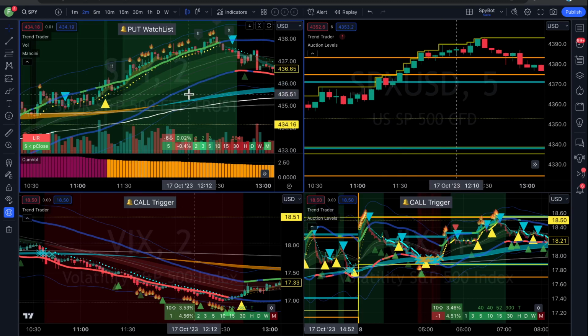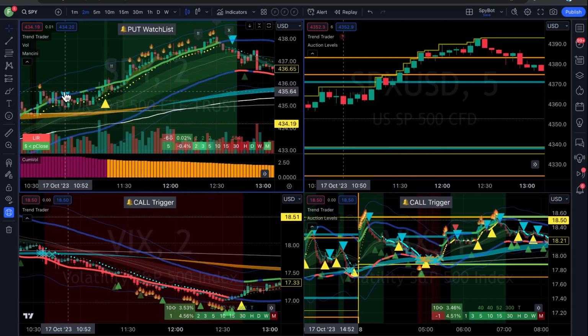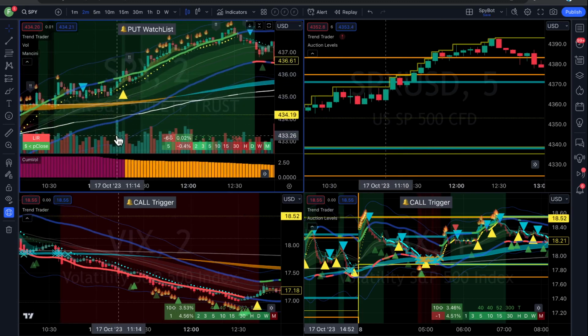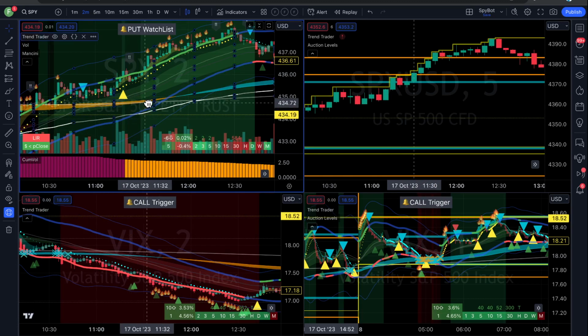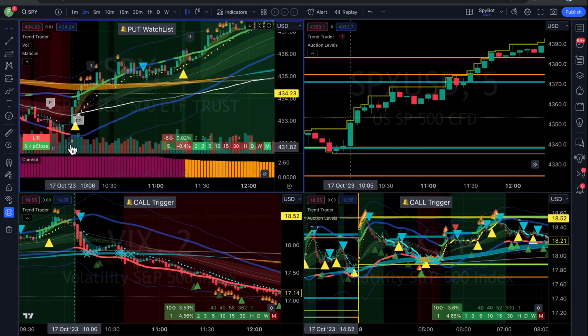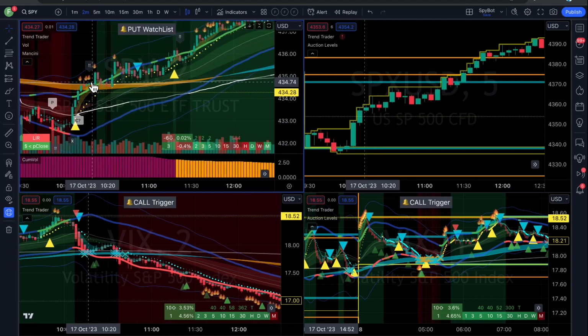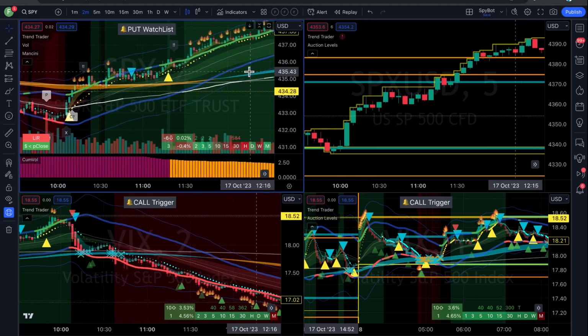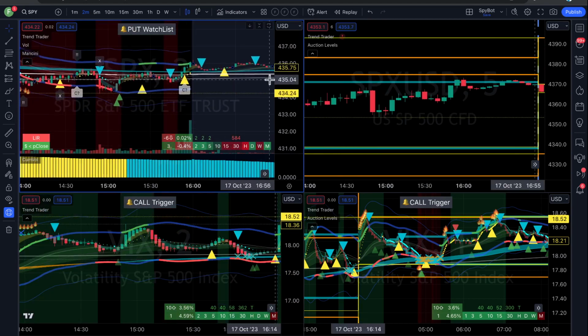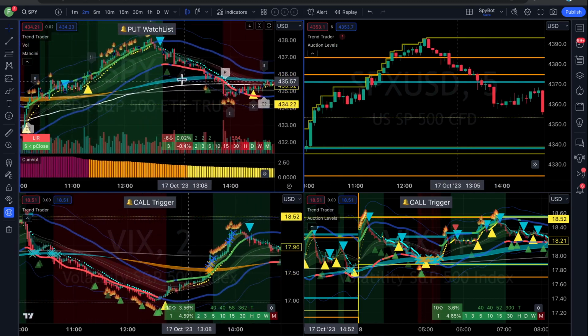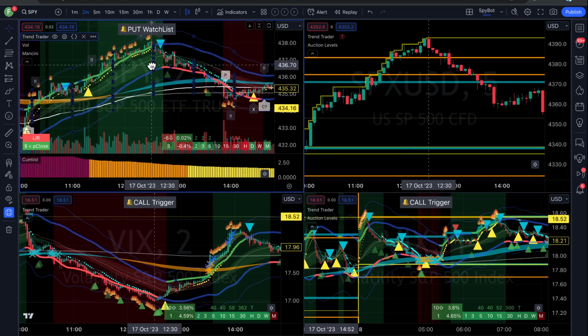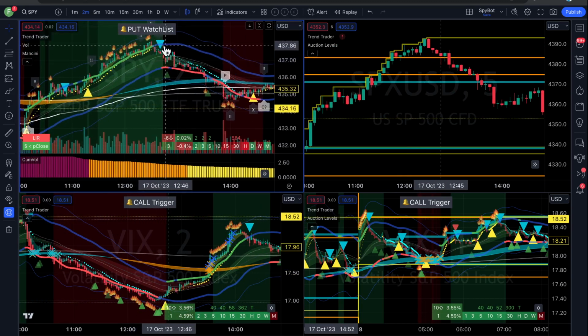Okay. So again, I'm not going to tell you guys when to get in and when to get out. You have to trade it yourself. But I mean, we've talked a million times about how to read the indicators and what it tells you. And you can see that we had phenomenal signals yesterday. Okay, then we got to the top and we got a blue triangle. And usually, I say don't